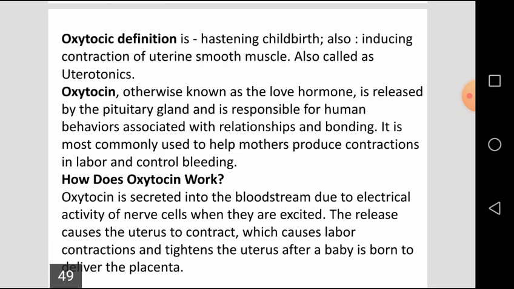So after the baby is delivered, the placenta has to be delivered, right? During this placental delivery, the placenta has to be separated from the uterus. During this process, the mother may have postpartum hemorrhage, severe postpartum hemorrhage. So to prevent that, oxytocin will be given. That may be directly IV, or through IV fluids, or through the umbilical cord.